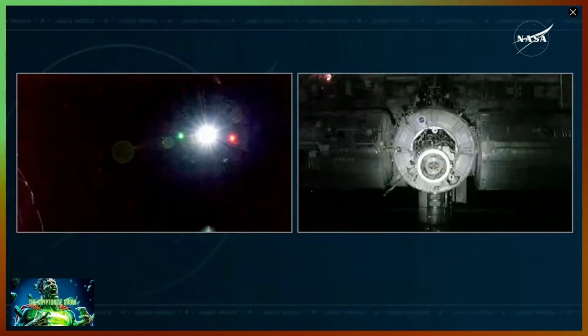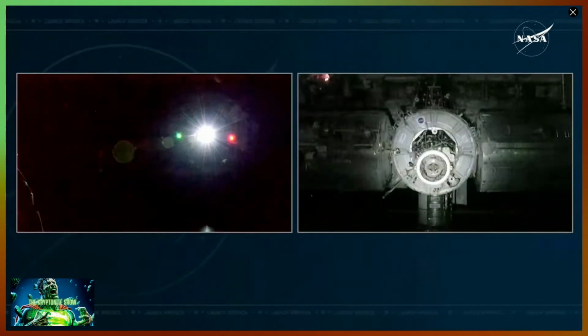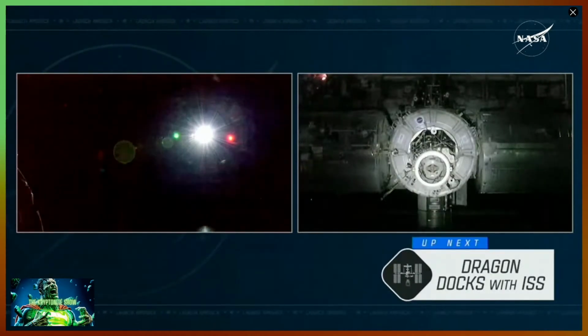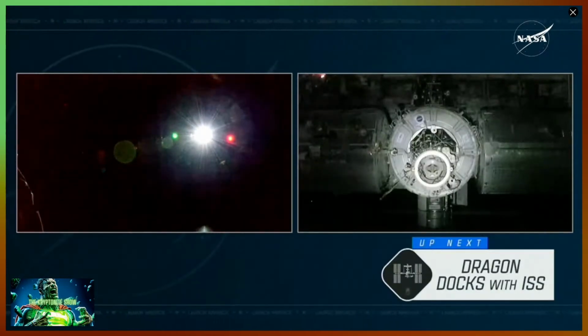Station copy. And that was the call from the International Space Station Flight Control Room to the crew on the ISS. Again, just everyone confirming, making sure everyone's on the same page as Dragon is now very close to docking with the International Space Station here today. And so Dragon is now just 17 meters away from the International Space Station and continuing to close in on